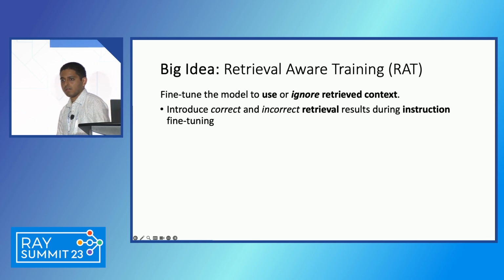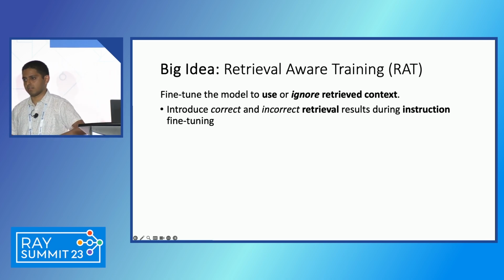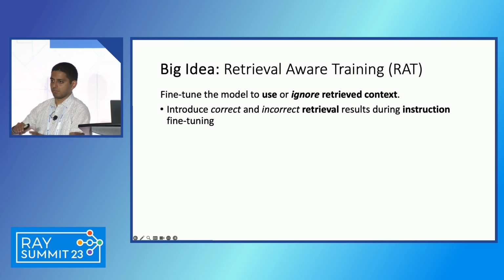So the takeaway is your retrievers are going to be inaccurate. Take BM25, which is popular, or take GPT Index or whatever retrievers you want. It doesn't matter if your retrievers are stored in a vector DB. It doesn't matter if you use FAISS, HNSW, et cetera. It doesn't matter what similarity search you use, but fundamentally, your retrievers are going to be inaccurate. Can you teach the model to be robust to that? So that's the high-level idea.